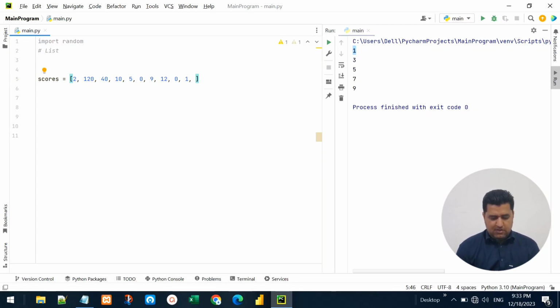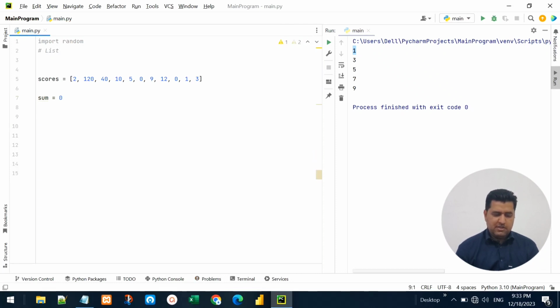And another one was not out on 3. So we have 11 players and we have 11 scores in this list. Now I want to sum all the scores and get the total of the team. So what I can do is to declare a variable sum, and at first it will be 0 because we